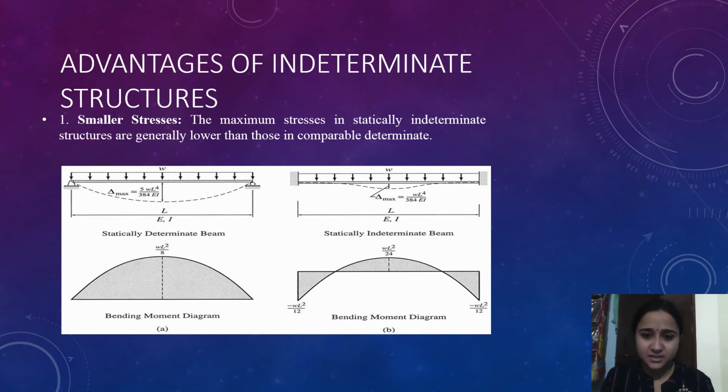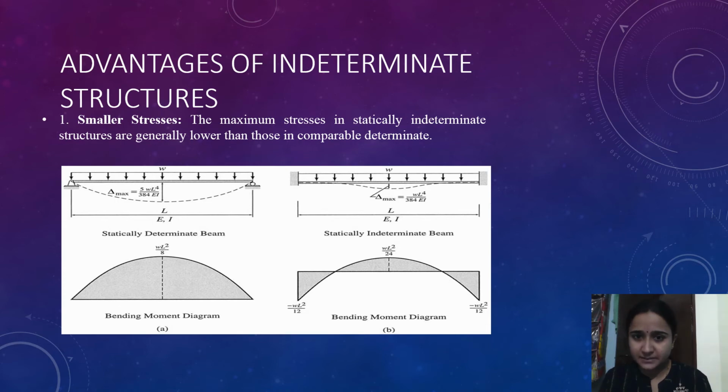Okay, and in the other beam diagram, the structure is an indeterminate structure. Both the ends of the beam are fixed. So for a fixed beam we have three unknowns at each end, so a total of six unknowns. That means one moment, one vertical reaction component and one horizontal.